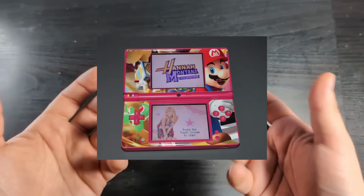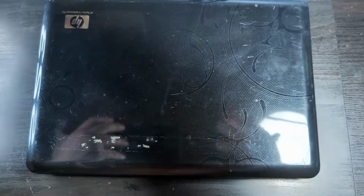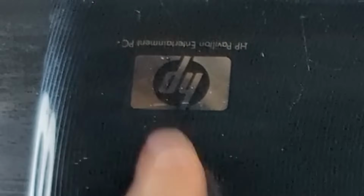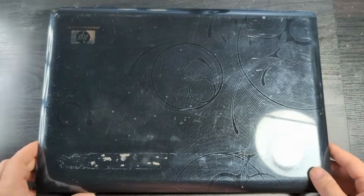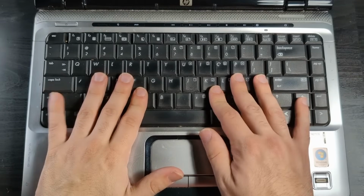The late 2000s, what a time for PCs. Back in the day when using a laptop looked something like this. Here's a random dirty specimen that I have gotten from the late 2000s, a HP laptop. This laptop, among a bunch of others, were sold to me by Piece of Rice, so shout out to him, thanks for the laptops. But as you can see if we open it up, yeah, this thing does not inspire